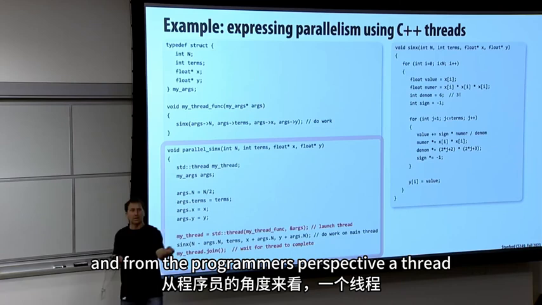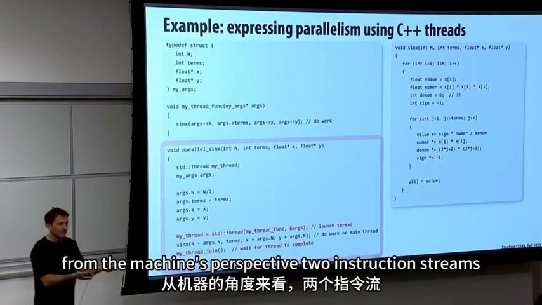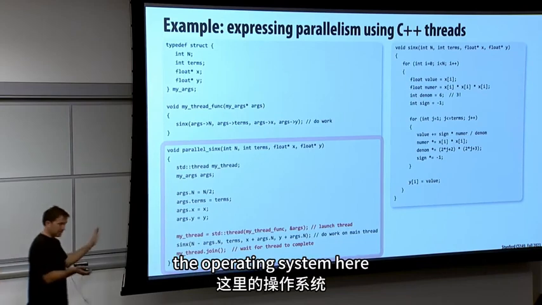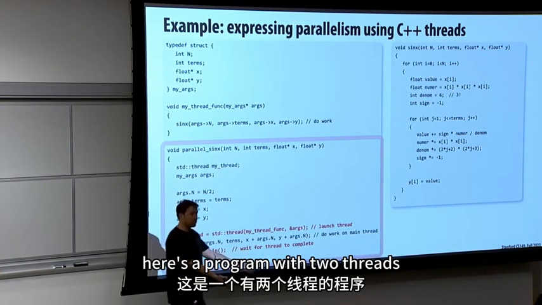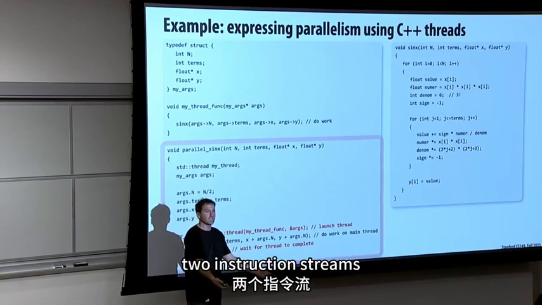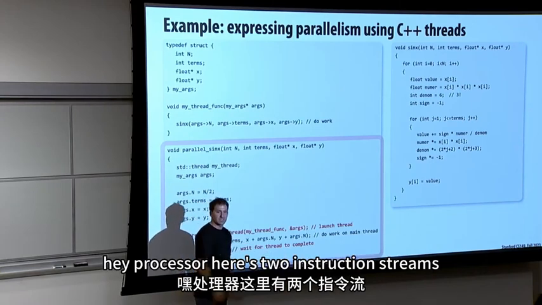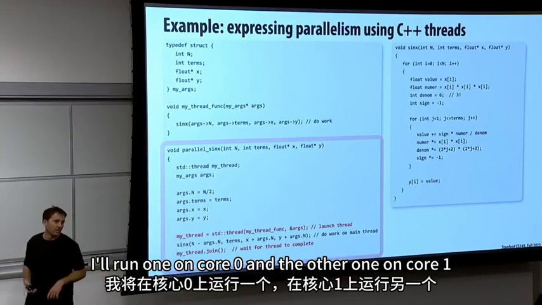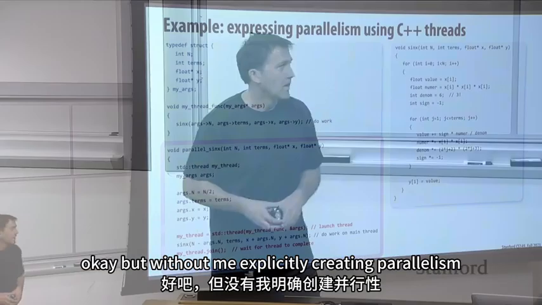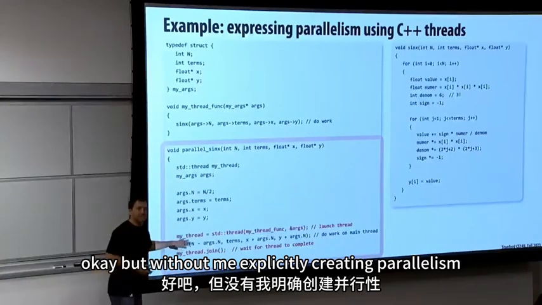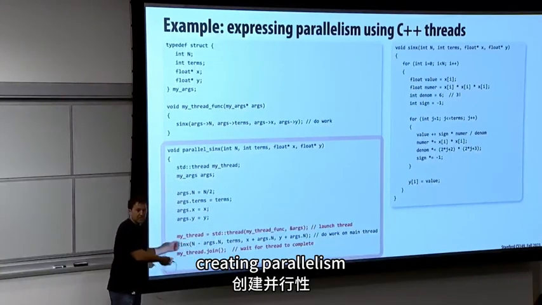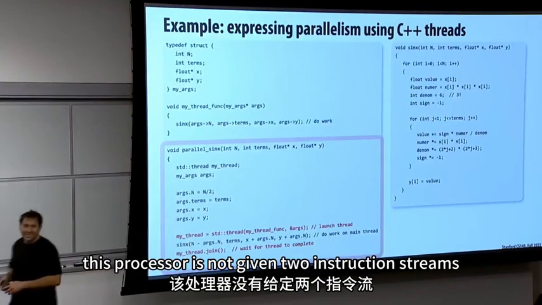From the programmer's perspective, a thread. From the machine's perspective, 2 instruction streams. The operating system here, which we're not going to talk about, just says, oh, look, here's a program with 2 threads, 2 instruction streams. Hey, processor, here's 2 instruction streams. And the processor goes, okay, I'll run one on core 0 and the other one on core 1. But without me explicitly creating parallelism, or some magical compiler explicitly creating parallelism, this processor is not given 2